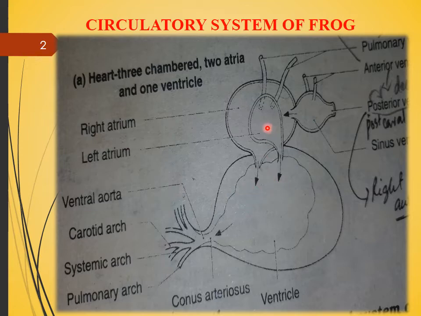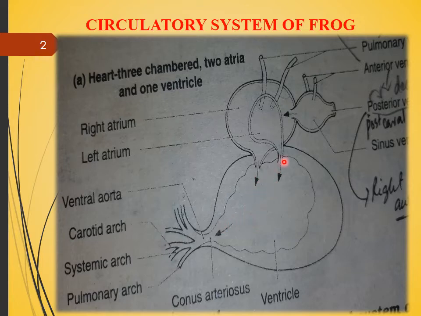At this position, blood from the right atrium and from the left atrium both mix up here, not completely, just slightly. A few parts, we can say the margins, the outer portion of the heart, mix up here. Means in the ventricle, oxygenated and deoxygenated blood both mix. That's why this is known as an incomplete circuit, because it does not possess the septum in the ventricle.